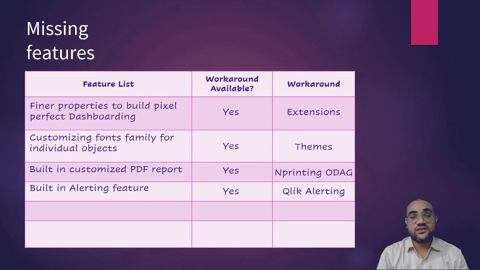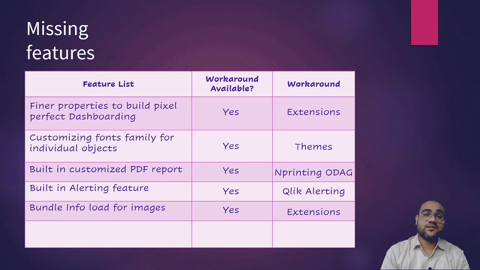The next missing feature is built-in alerting. ClickView allows you to set calculated conditions on the available data. So if your condition is met, ClickView will alert you whenever you open the app, or it can mail you whenever the app has been reloaded. In ClickSense, this feature is missing, but you can use add-on product called Click Alerting, which allows the end users to set their own alerting conditions and get alerted through mobile notifications or email. It also has many more functionalities which can help you to get alerted right on time.